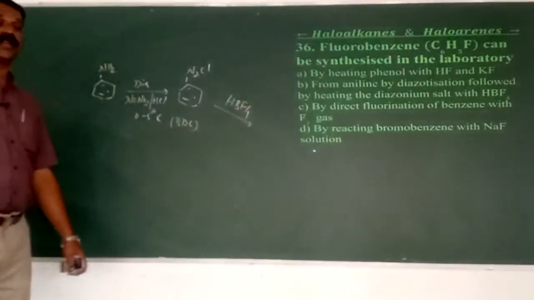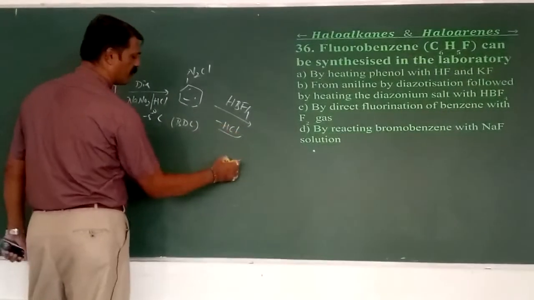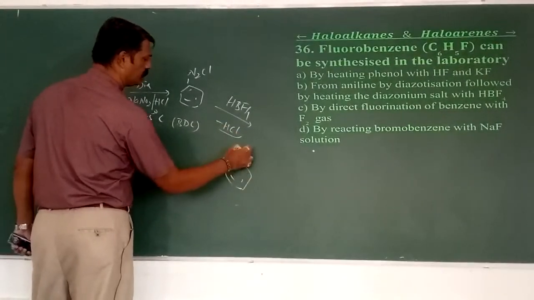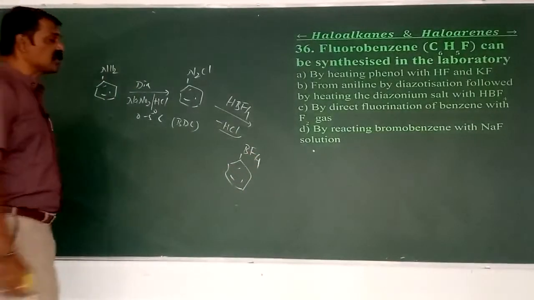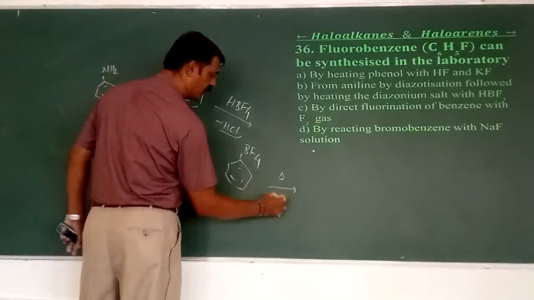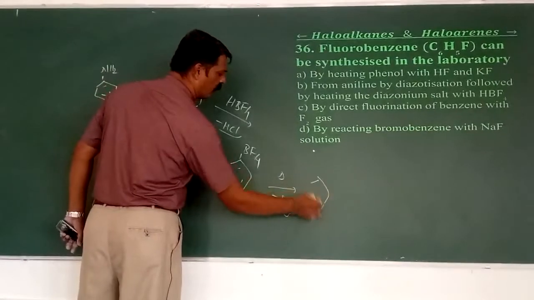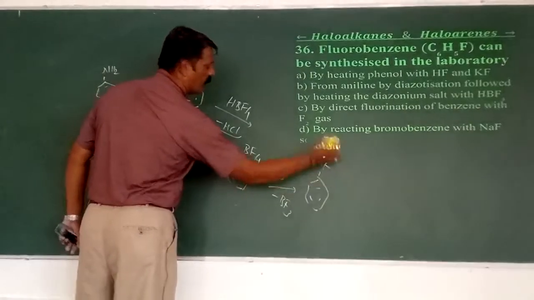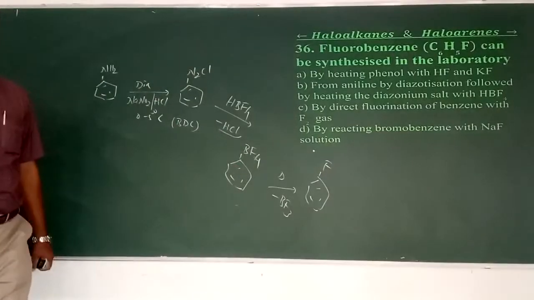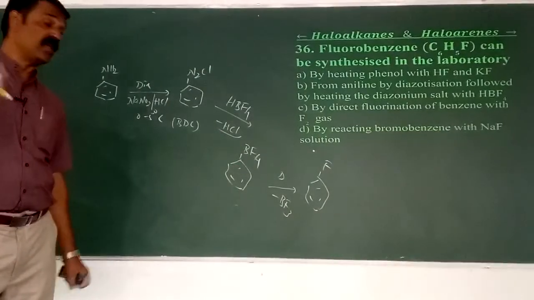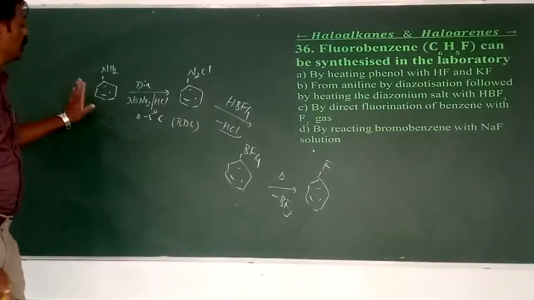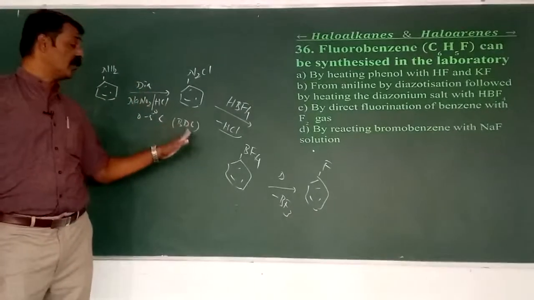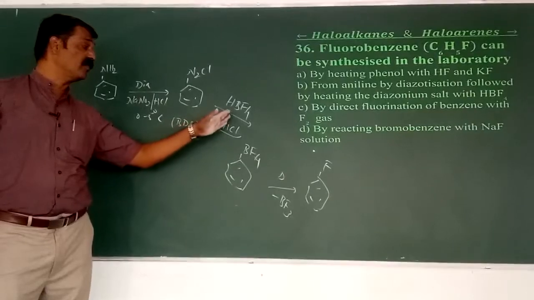What is that fluoroboric acid here? It is HBF4, minus HCl, to form benzene diazonium fluoride. This upon heating, there is a removal of boron trifluoride to form what? Fluorobenzene. It means the fluorination of benzene is not directly possible to get fluorobenzene. Why? Because it is highly explosive, as I have already mentioned. For that, aniline has to be first diazotized to form benzene diazonium chloride, followed by treating with the fluoroboric